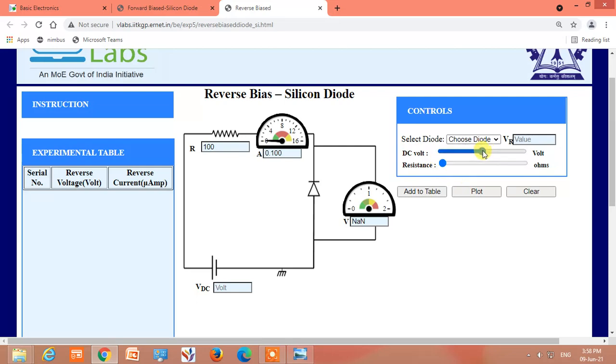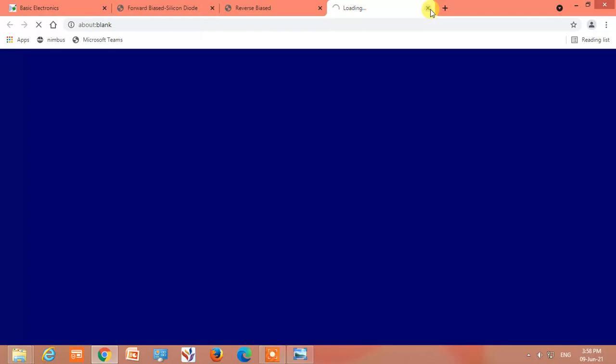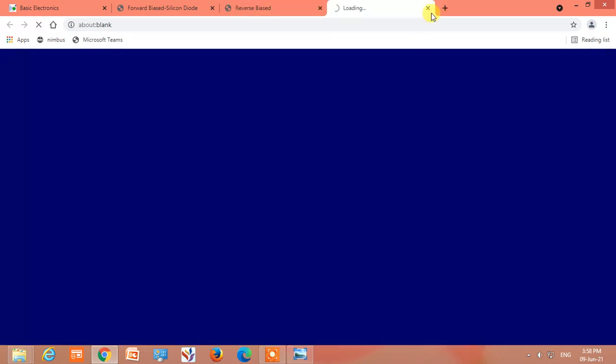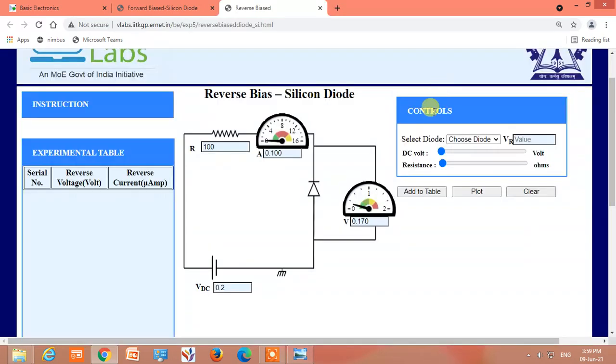Now I will just vary the DC voltage in steps of 1 volt, 2 volts, and we will measure the output voltage. So we'll add, so the current is in microamperes.